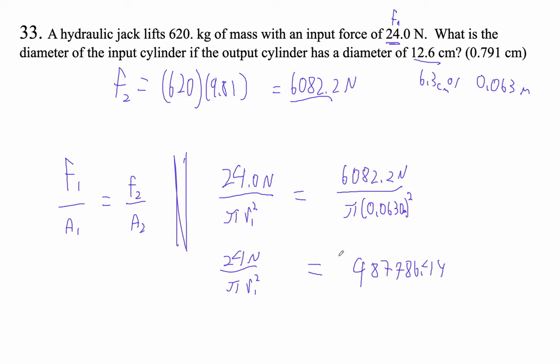Okay. So I'm going to go 24 divided by this thing. I've got 4.920 times 10 to the minus 5th is equal to pi r1 squared. Okay, so divide by pi. And I've got r squared, and now I'm going to square root it. And I've got that my radius r1 equals